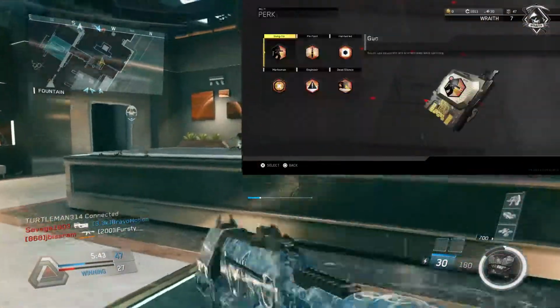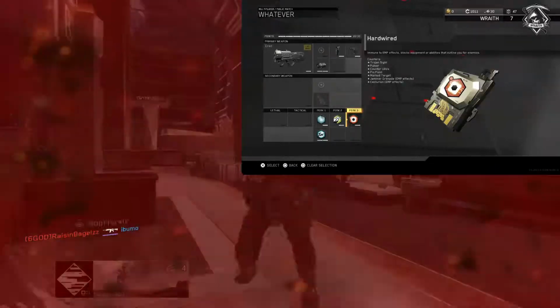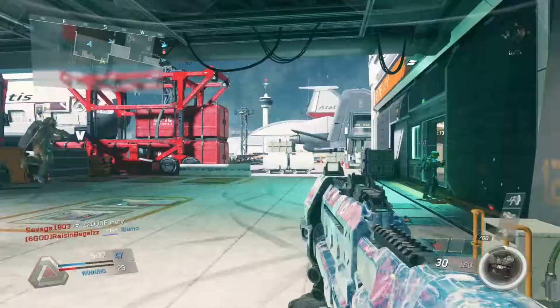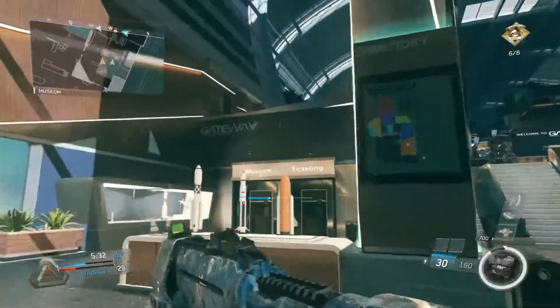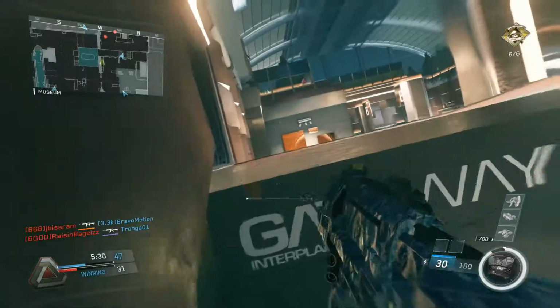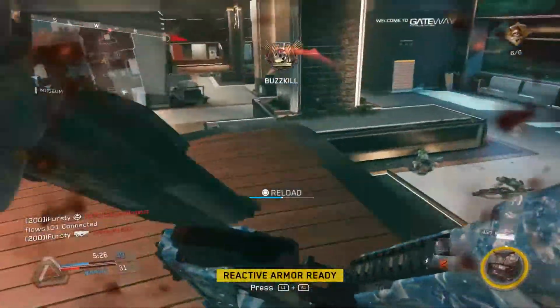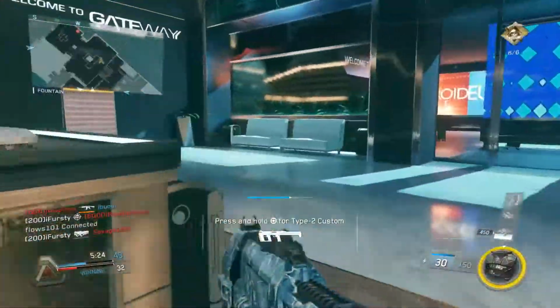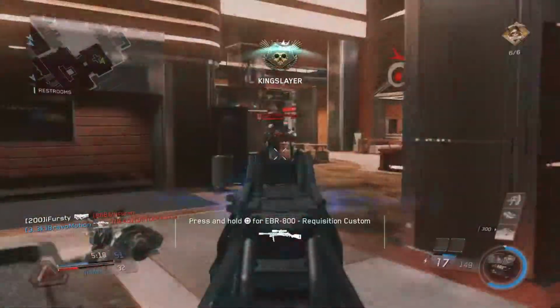Moving on to perk 3, which is the last thing on this class, I'm using Hardwired. Now, I like to use Hardwired because it's just one of those things that allows you to pretty much be immune to all the BS going on around the map. I said this in my last class setup video. It takes away the effects of a whole bunch of tacticals in this game, like EMP affected tacticals, and it also takes away counter UAV. So if somebody calls up a counter UAV, you'll still be able to see the minimap,